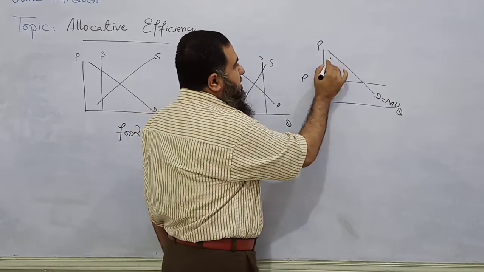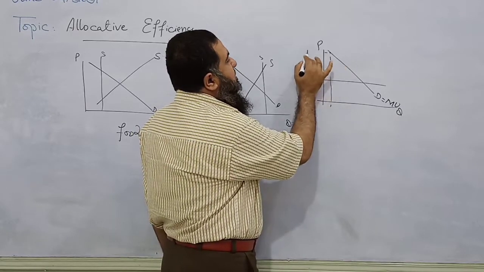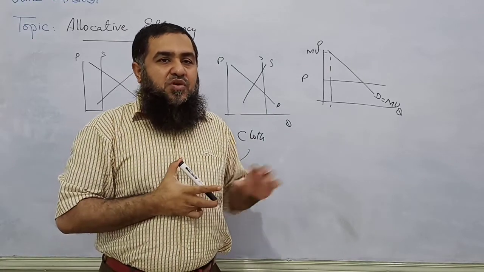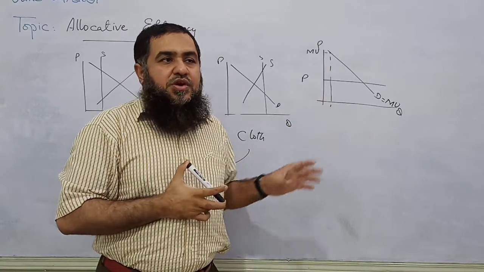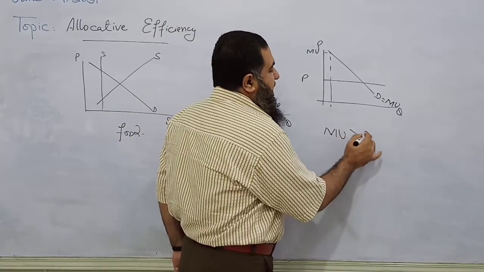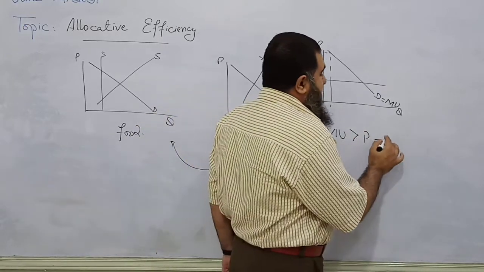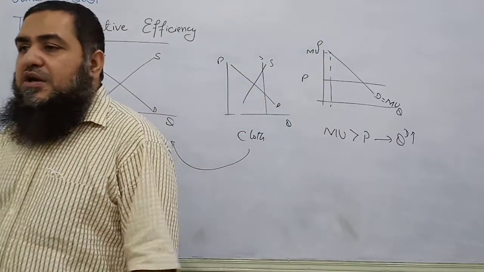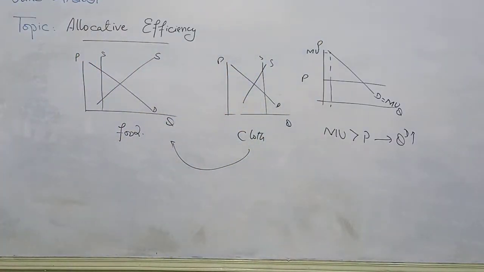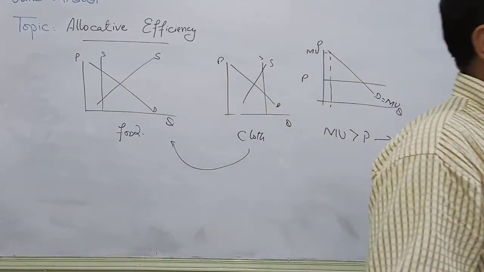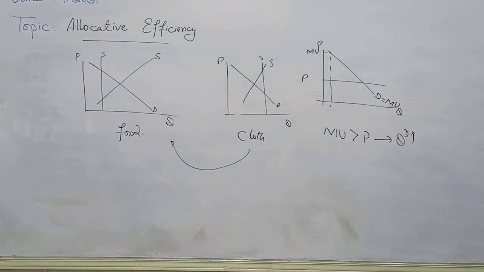So the first unit, if I say the first unit has more marginal utility than the price paid, his welfare is high. Okay, so he is ready to buy an extra unit. When marginal utility is higher than the price, his quantity demanded will be increasing. He or she will be buying an extra unit because the first unit gave more marginal utility than the price paid. When you go to the market and you buy something, you say, okay, it has given me more satisfaction than the price I have paid for this product. So you will buy an extra unit.